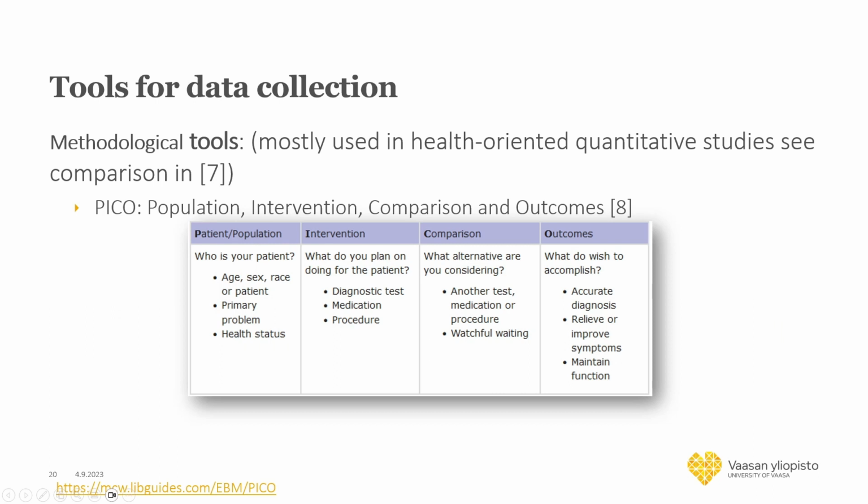The PICO methodology defines what is going to be the population of the articles that you're going to select, what type of intervention it is going to be, what is the comparison method for analyzing those papers, and what is the outcome to be analyzed. For instance, some of these variables in the patient or the population are age or the primary issue, for instance, in a health problem,